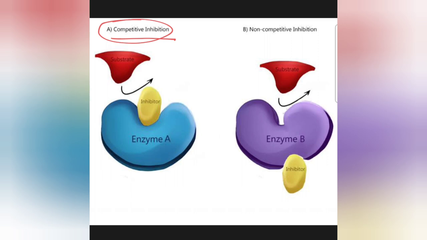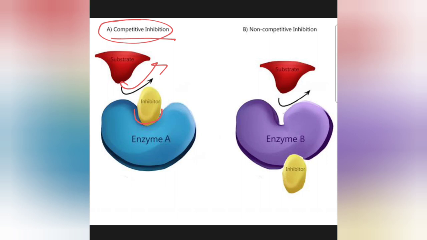See, certain inhibitors may have a similar molecular conformation to the substrate and compete for binding on the active site of the enzyme. So the inhibitor's site and the substrate's site are very much similar to each other, and that is why the inhibitor can bind with the enzyme as the substrate does, and if the active site is already occupied by the inhibitor, then the substrate will not be able to bind with the enzyme, so it is getting repelled, as you can see in this picture.